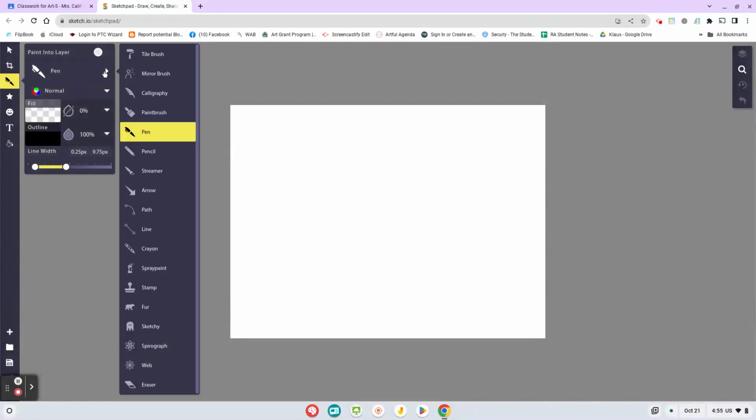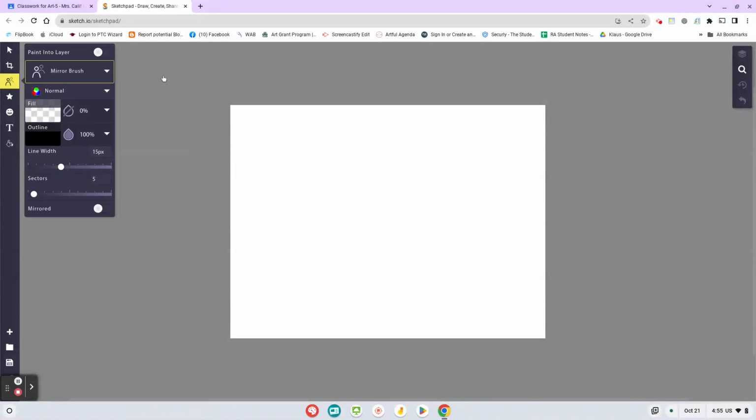So our mirror tool is up here. You might see a pencil here or a pen here or a paintbrush. But you click underneath the cropping tool. And then you're going to go and choose mirror brush. And there's an outline and a fill. We want to make sure that the fill is turned off. So you do that by clicking on the